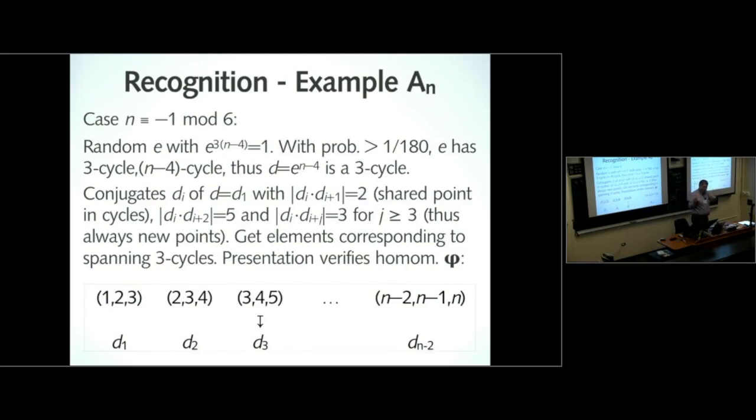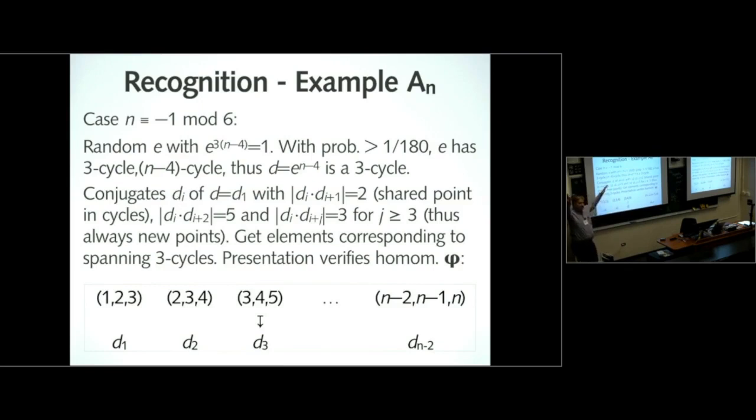If they share 1 point together, their order is 2, and if they share 2 points together, their order is 5. So I can test